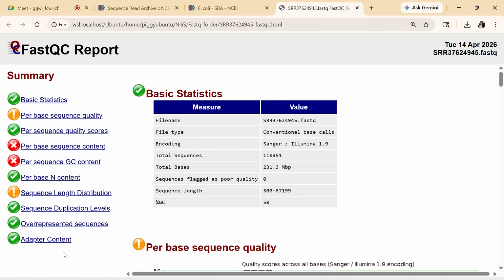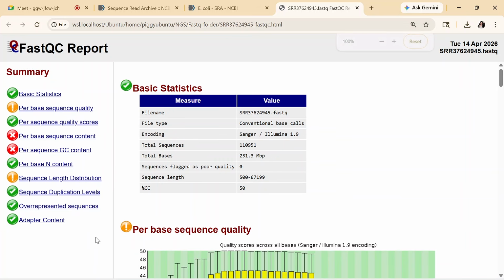Okay, so we have already completed 1 hour. Now tell me, do you want to continue the class, because it will take 1 hour to explain each and every section, or do we want to continue with this tomorrow? Because it is going to take 1 hour to actually understand the FastQC report and I want you to have a fresh mind to understand it. Okay, so we will continue tomorrow. We will understand all the sections of this FastQC report.